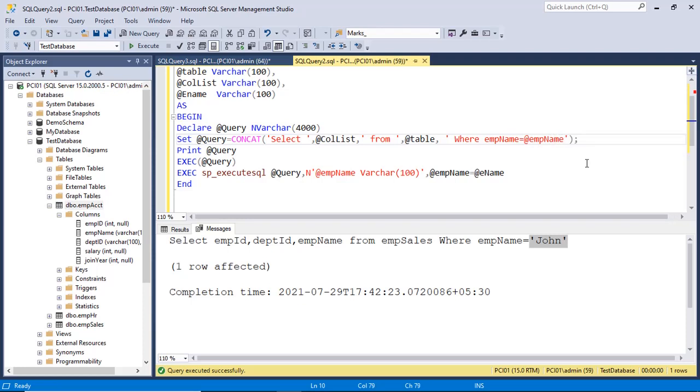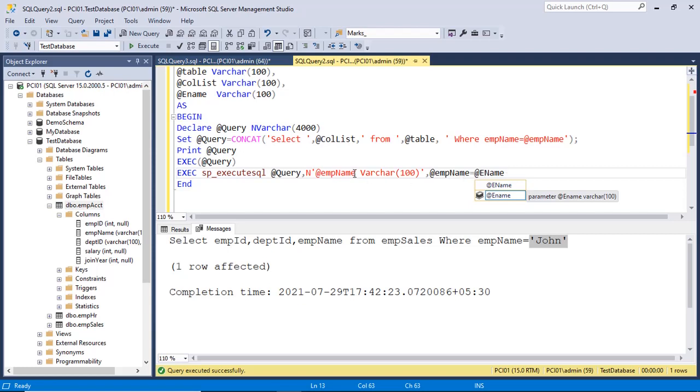Emp name. Now what is happening now? This is the syntax of this sp_executesql. So we have the query, then we have a declaration of the parameter emp name varchar 100, and emp name we have assigned this ename from here, because of what we supply for the ename.